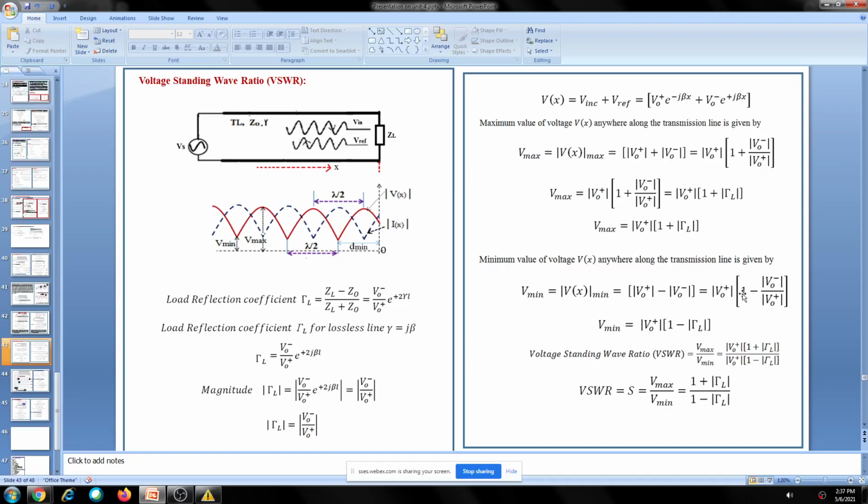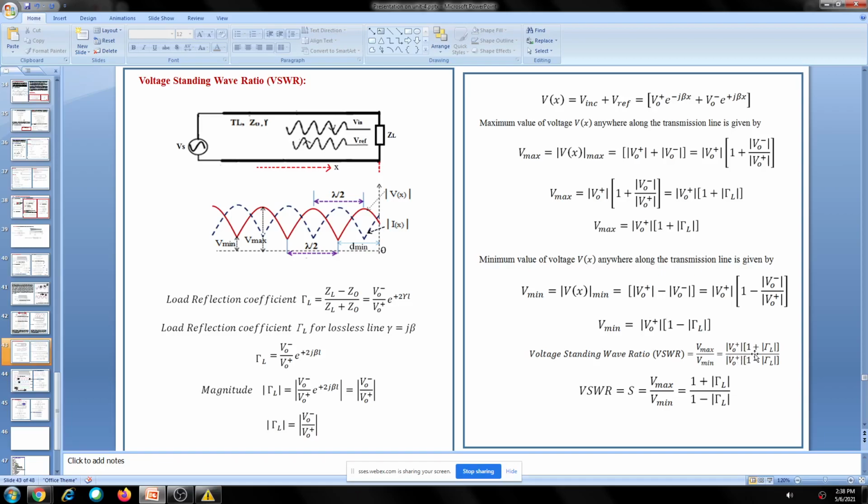So again, to get a V minimum, you take V naught plus, outside here. We have this, again this is equal to tau magnitude. So V maxima is this and V minima is this, from this equation. Now taking a ratio of V maximum and minimum gives the voltage standing wave ratio. So the voltage standing wave ratio is given by V maximum, which is equal to this value. V minima is this. Substitute and simplify.